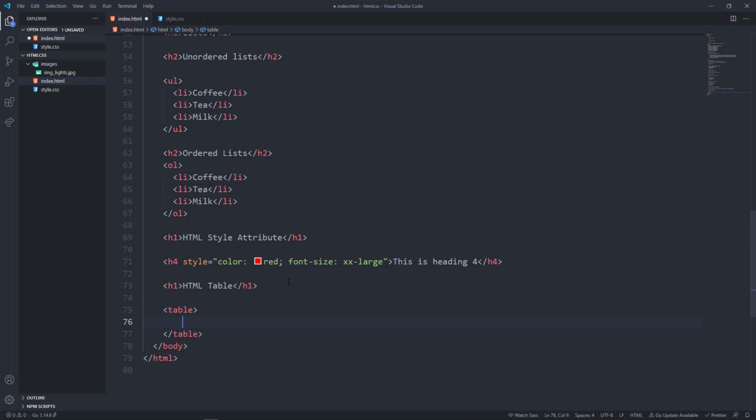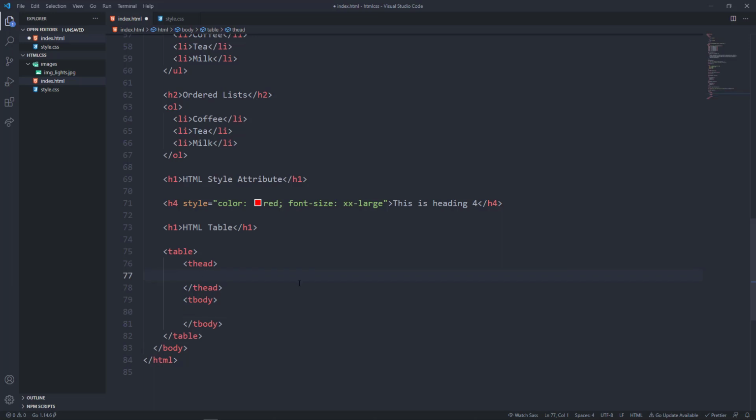and then inside the table tag we have the table head and the table body. The table head is the heading of the table, so just do thead and then tbody, like that. And then after that we have what we call a row, so it will be tr, and inside that row we do th, and we can say maybe name, email, then we can just do country,